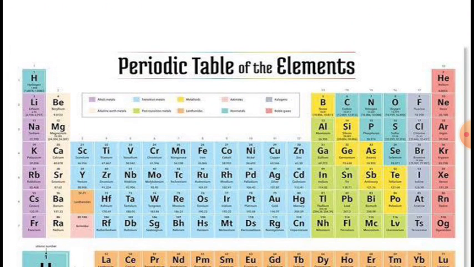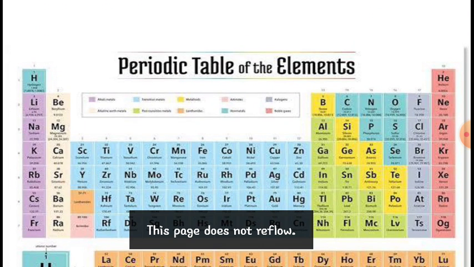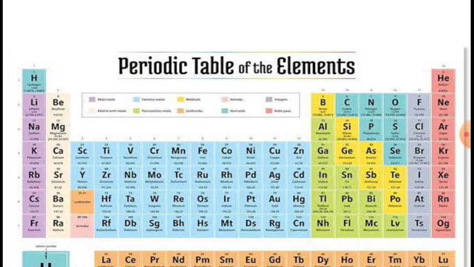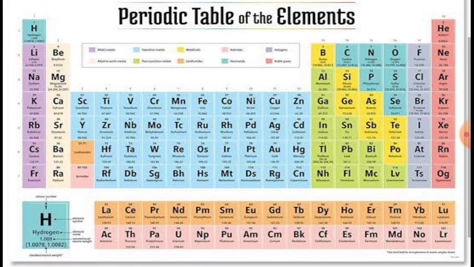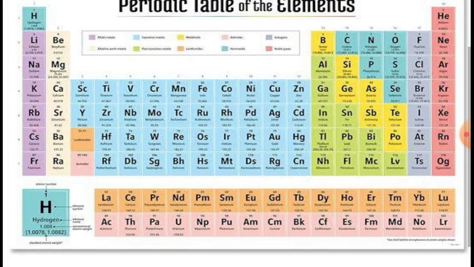Now we are moving towards the periodic table. You can see in this periodic table all the elements are written with their symbols, in abbreviated forms. So now you can understand the importance of the symbols. All the elements are written with symbols. This is the whole periodic table. The modern periodic table contains 118 elements.